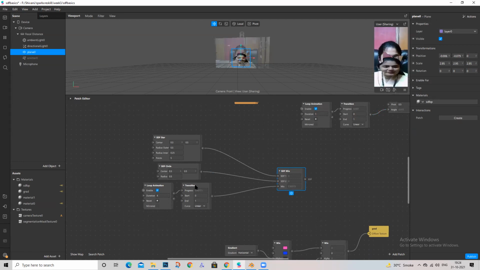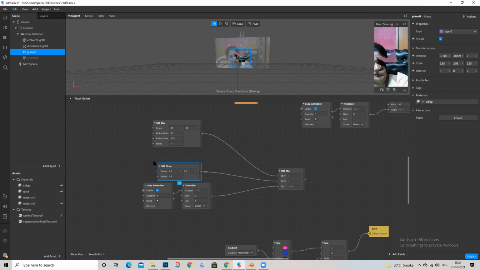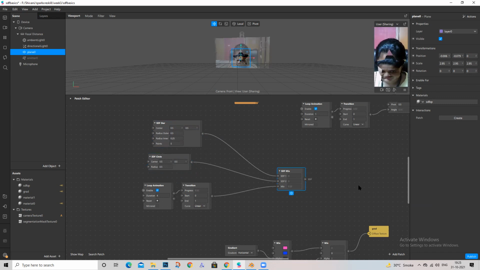You can do a lot of things, you can make a lot of different shapes. So now I want an animation in which my star is turning into a circle. That's the kind of animation I want. So I'll take my SDF star, get my SDF circle, and make an SDF mix patch.